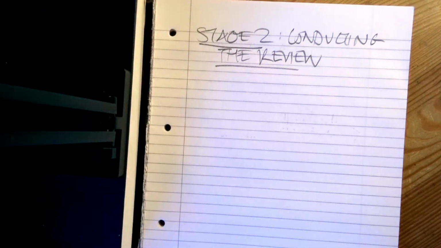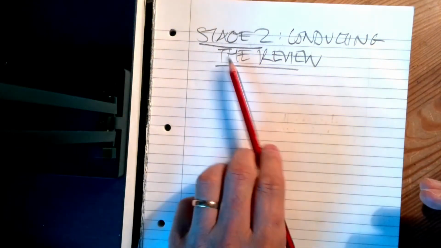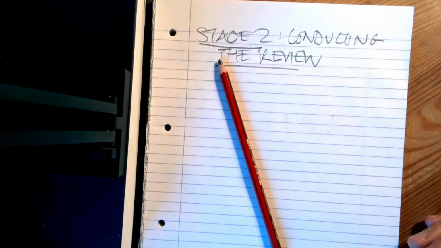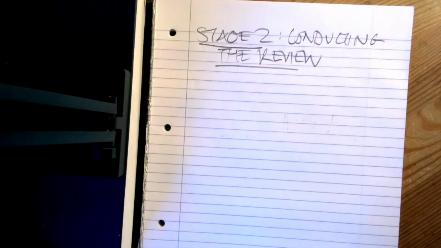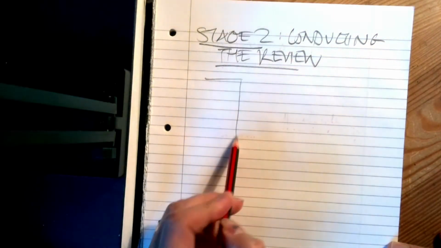So let's look at the next stage. You've planned it. You've got some idea of the type of articles, what your focus is going to be. You've got some idea of what you're going to search for, how you're going to do it. You've got some kind of approach. When you actually undertake the review, one of the big questions is how do you approach, let's say that your